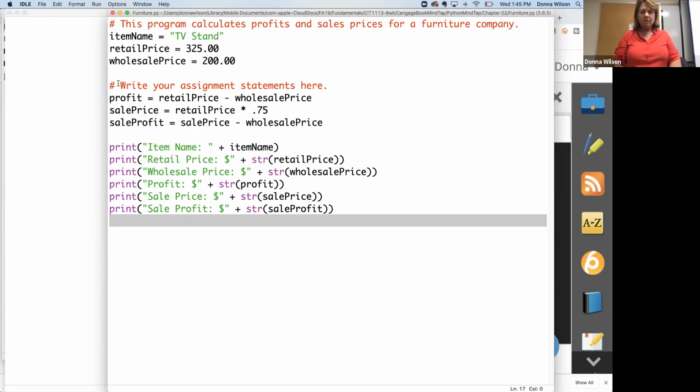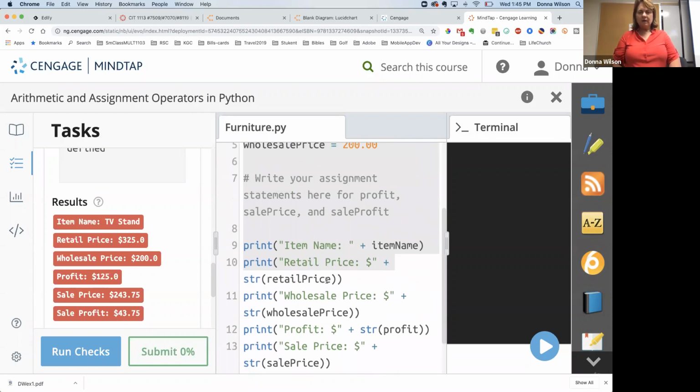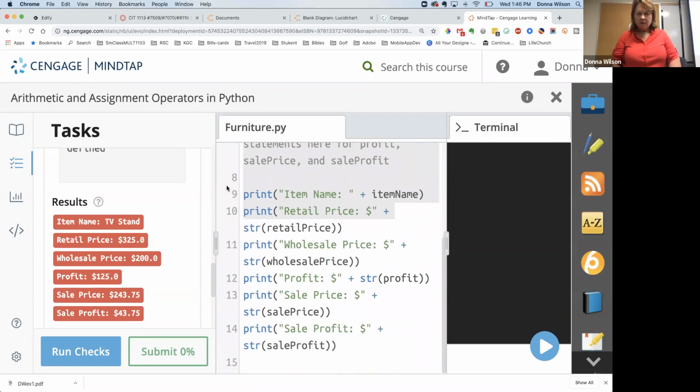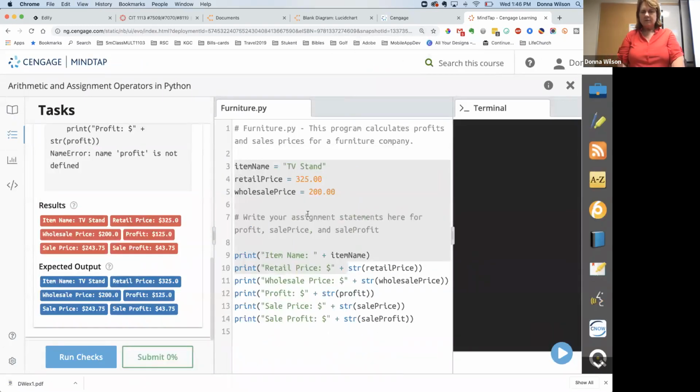Profit equals. I didn't see those three statements on the problem. On MindTap you didn't? Or you mean right here in MindTap? Oh, you're right. I don't have them in here. Okay, so let me, oh, I see what it is. I couldn't see all of it, so I was,